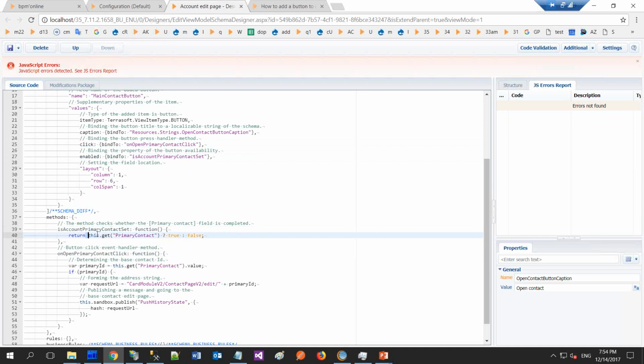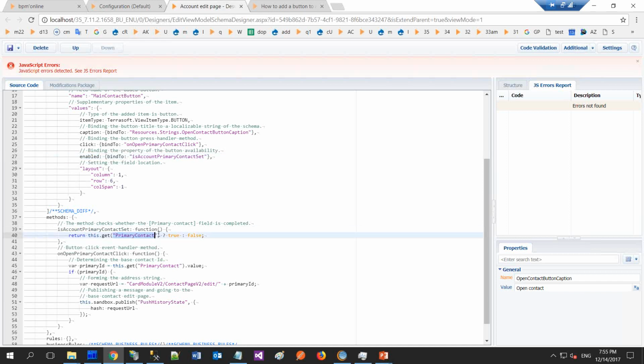But because our method is referencing the columns of our view model, special program code is able to analyze it and get information about which columns are used inside the body of our method. And this special code is able to create subscriptions for the changes of some columns, and if any of the involved columns that are presented in the method connected with the property is changed, our property value will be recalculated and the method will be executed. So we didn't program tracking changes of the primary contact field and running our method and reassigning the enabled property, but